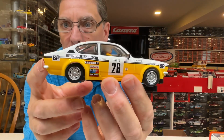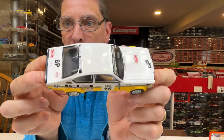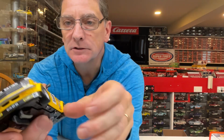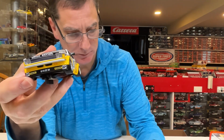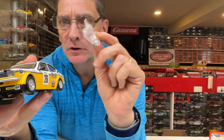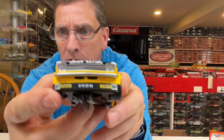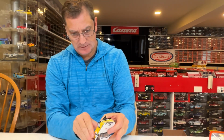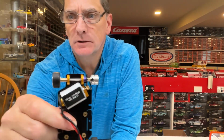So another great job by Revo. Nice wheel inserts. Nice paint all around. I'm gonna show you the inside of this because it looks like they've added some new parts inside. It also comes with a bag of fog lights. So you just stick them in there. And let's open this guy up. These wheels should be the same wheels as what's on the Escort and the Alpha as well. There's the wheel